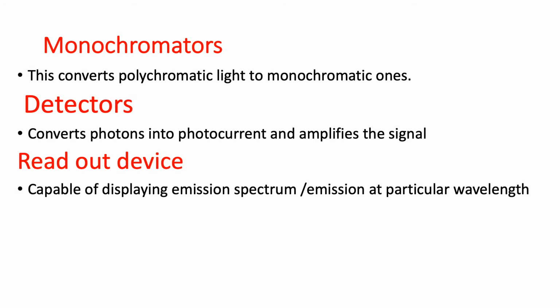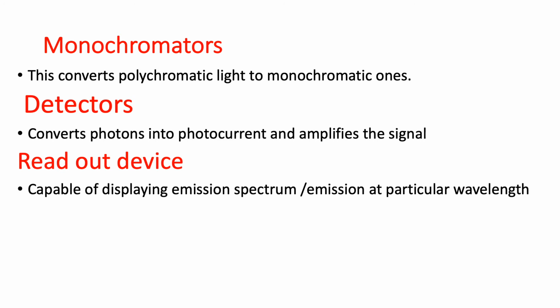Along with the monochromator we have a lens. So what is the function of this lens? This lens will allow only a particular wavelength, otherwise called a filter. This will filter all other radiations coming from the flame. It allows only radiations from our atom or element, due to electronic transitions, to the monochromator. This monochromator converts polychromatic light into monochromatic light.